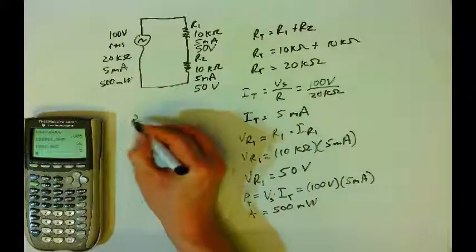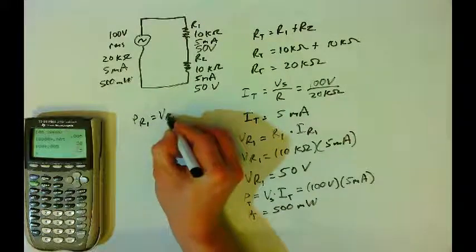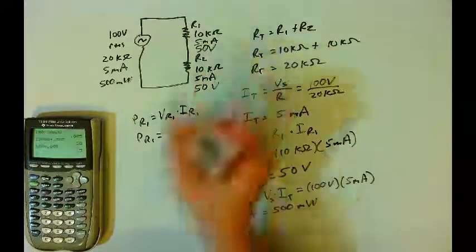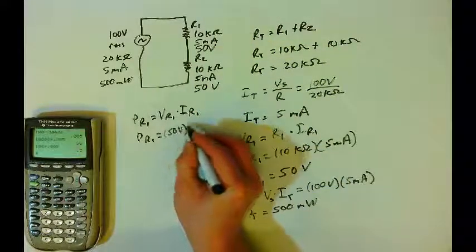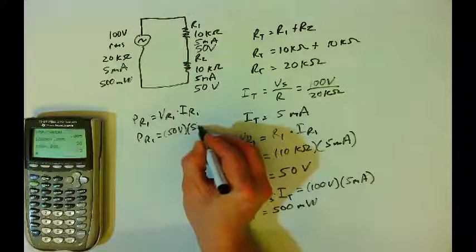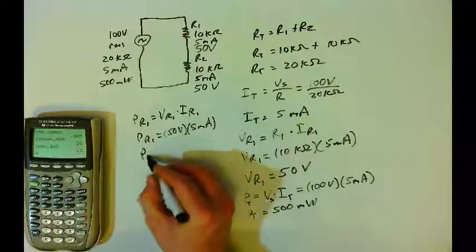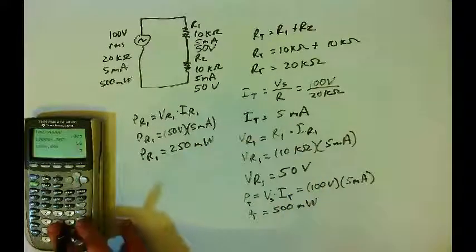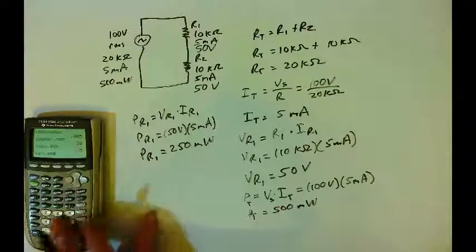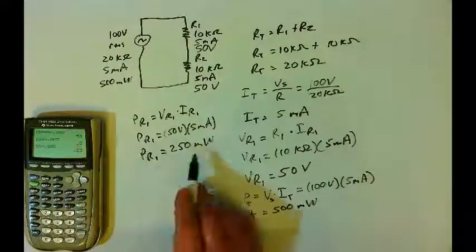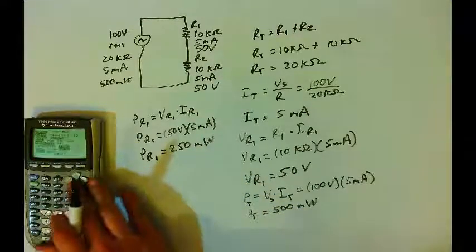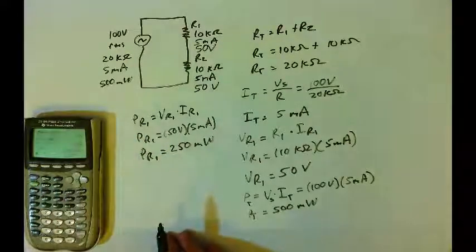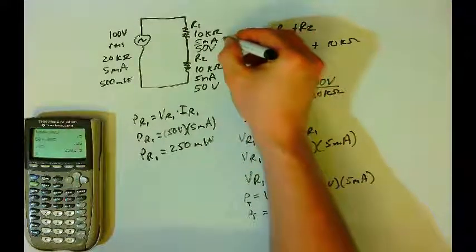The power used by R1 will be the voltage drop on R1 times the current through R1, so power in R1 will be equal to 50 volts times 5 milliamps, and so the power in R1 will be equal to 250 milliwatts. I'll type that in for you. 50 volts times 5 milliamps is going to be 250 milliwatts. I could put my calculator in engineering mode for you, and so 0.25 is 250 milli, and so we have 250 milliwatts